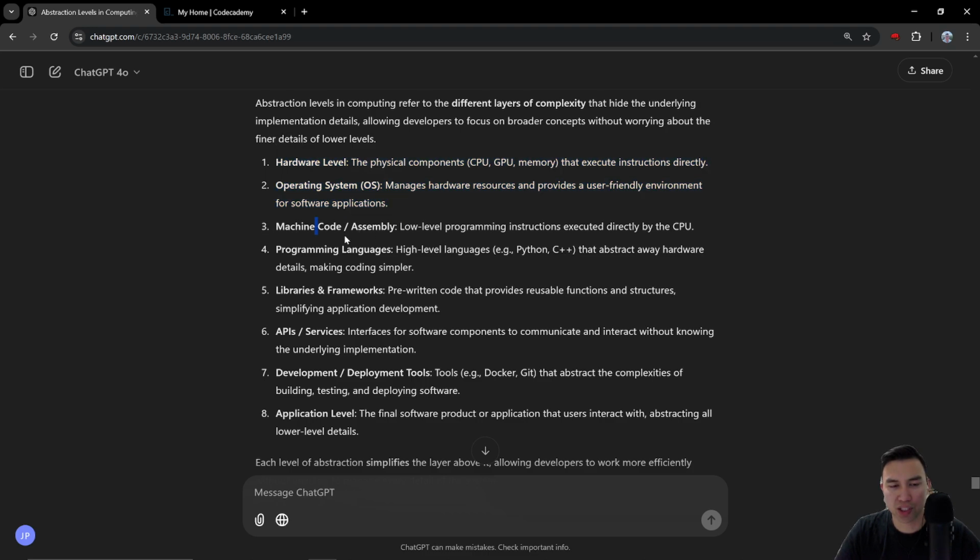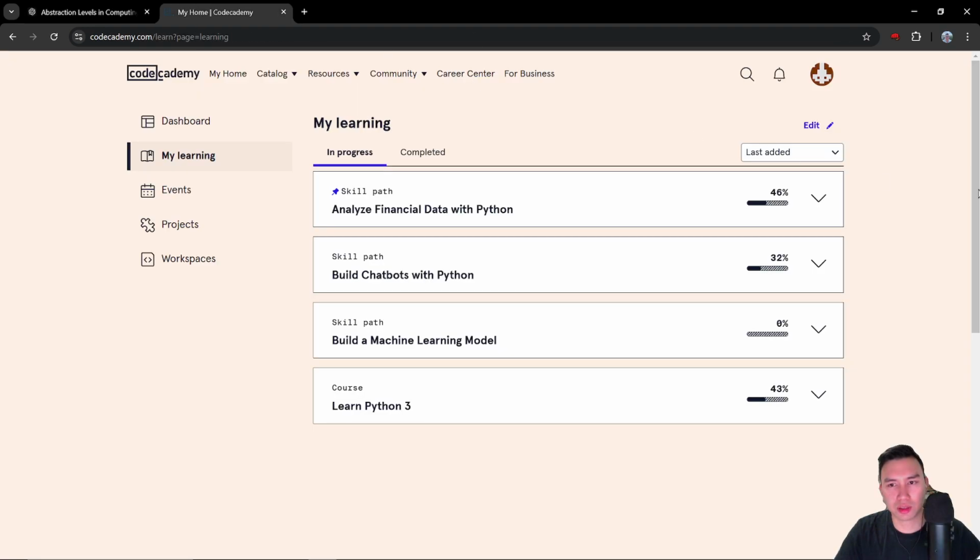But yeah, so machine code and assembly. I think this is what my brother was talking about when he was talking about x86 and things like that. Low-level programming instructions executed directly by the CPU. I'm not sure if I'm going to have to go to that level even, right? Because really what my thinking is, next year when I'm decent, or when I deserve to up my hardware, I'll go about how I'm doing that.